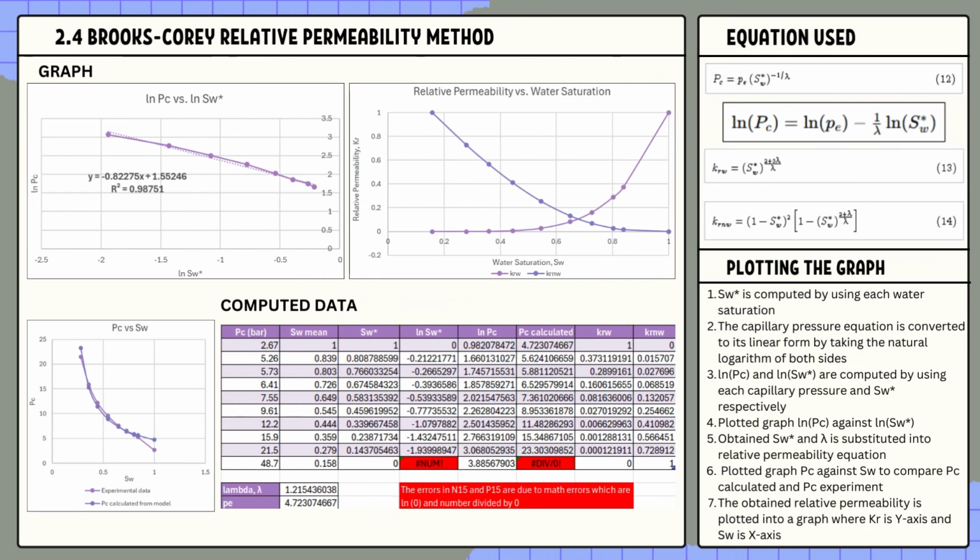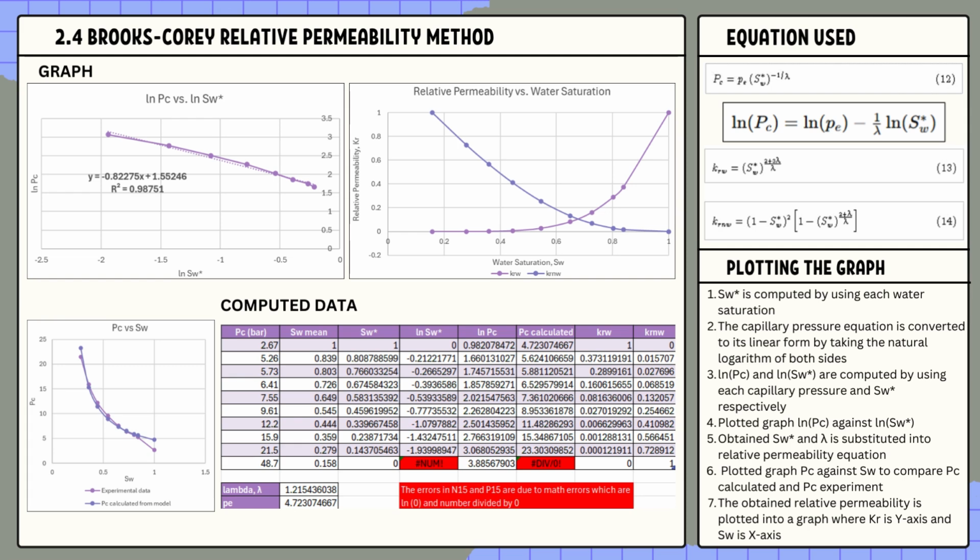For method 4, we use Brooks-Corey relative permeability method. First, we compute the normalized wetting phase saturation for each water saturation. Second, we convert the capillary equation to its linear form by taking natural logarithm of both sides. Then we calculate the ln PC and ln normalized SW by using each capillary pressure and normalized SW respectively. Next, we plot graph ln PC versus ln normalized SW. From the graph, we can get the slope is equal to -1 over lambda and y-intercept is PE, which is